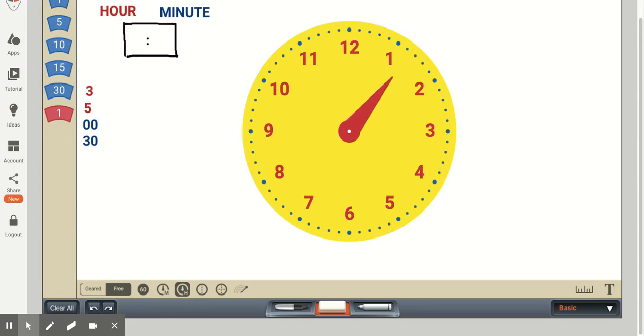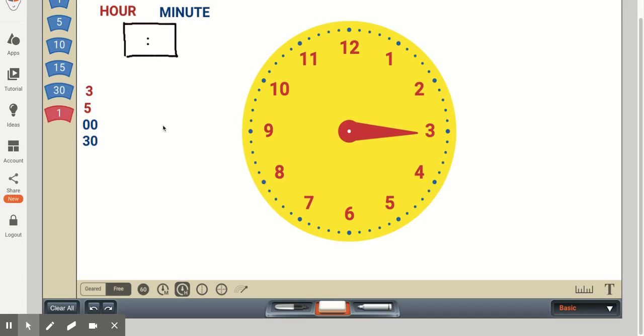And we can explain to the students that it does not become 2 o'clock until we actually reach the next number. And this is very important for the students to know, because once we introduce the minute hand, this can become a confusing concept, which I'll show in a minute or so. And then moving the hour hand down, this would be 3 o'clock.